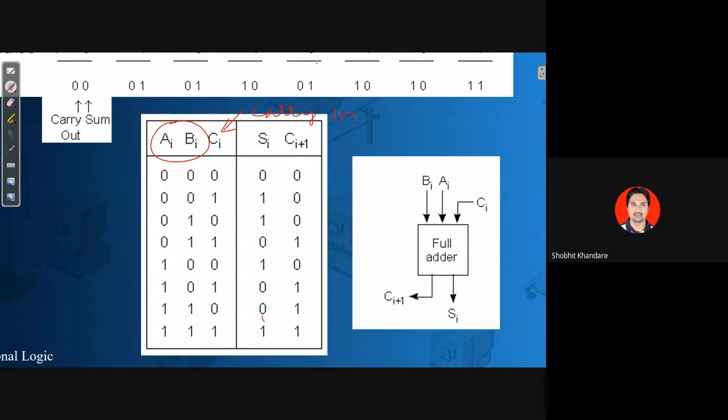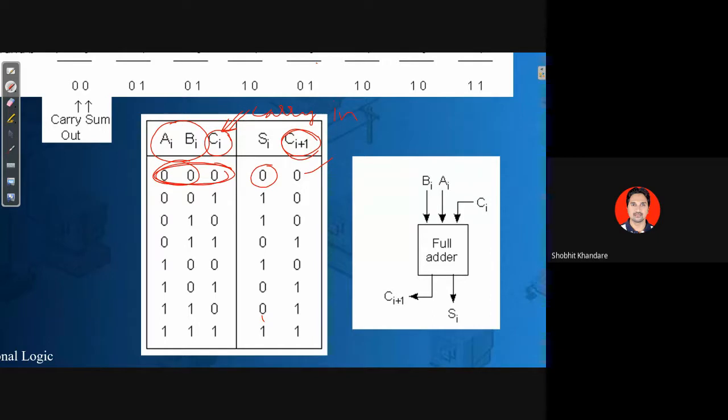तो 0 plus 0 मुझे करना है, लेकिन प्रीवियस अगर कैरी 0 है तो 0 plus 0 plus 0, then you will have sum as 0 and there is carry generated, that is 0. But this carry in is different from this CI plus 1. This CI is the carry which is taken from the previous sum, and this CI plus 1 is the carry generated after I do the addition of 0 plus 0 plus 0.